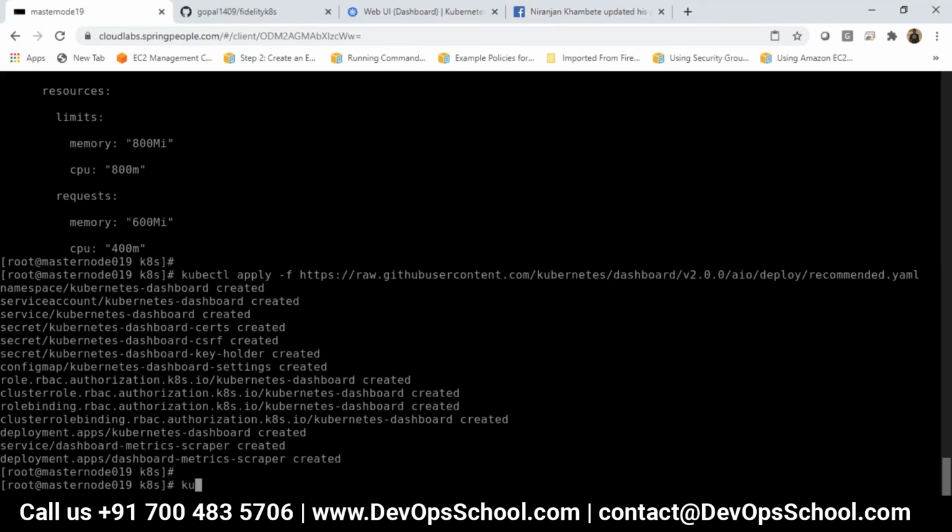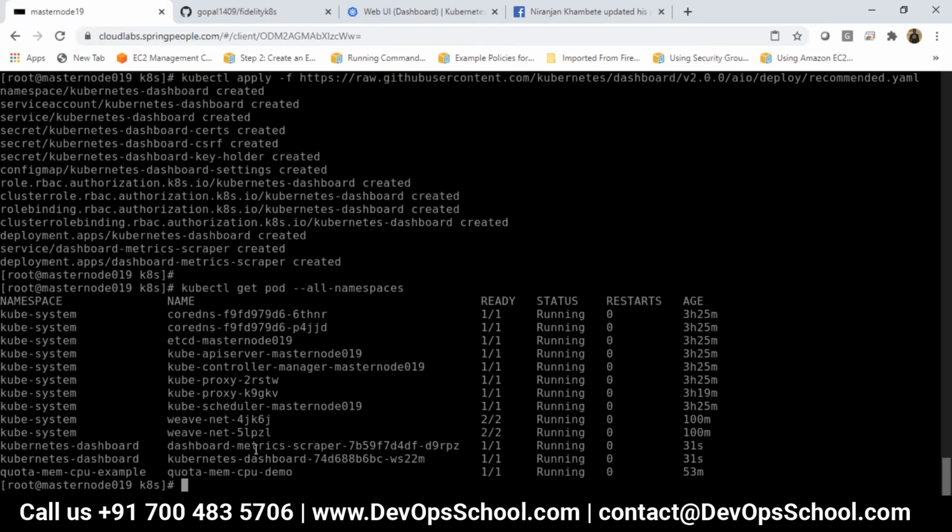Then if you run kubectl get pod --all-namespaces, you can see that your dashboard is running.